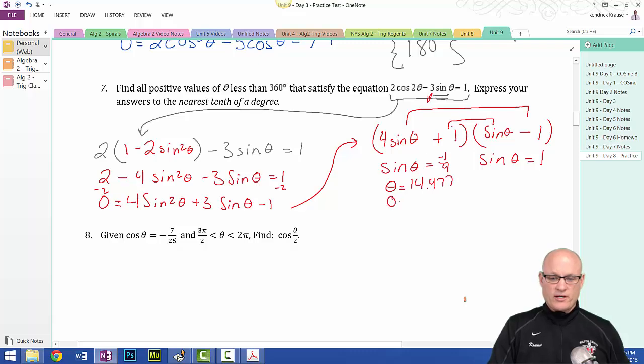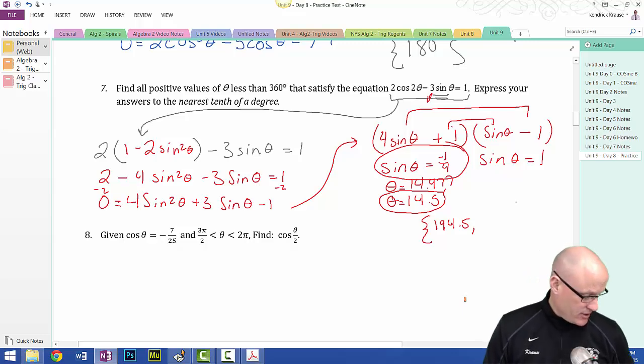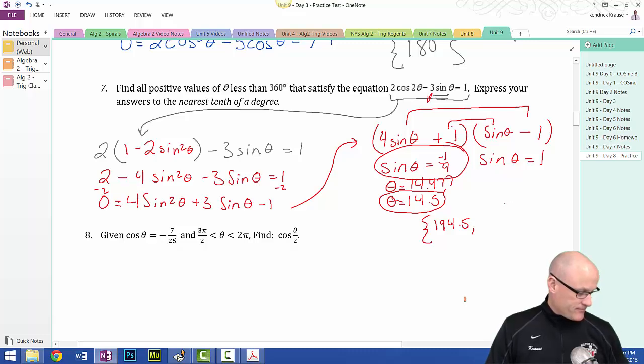So theta equals 14.5. Now, since this is negative, I cannot keep that answer. So I'm going to add 180 to it. So that's 194.5. And I'm also going to subtract it from 360 degrees, which gives me